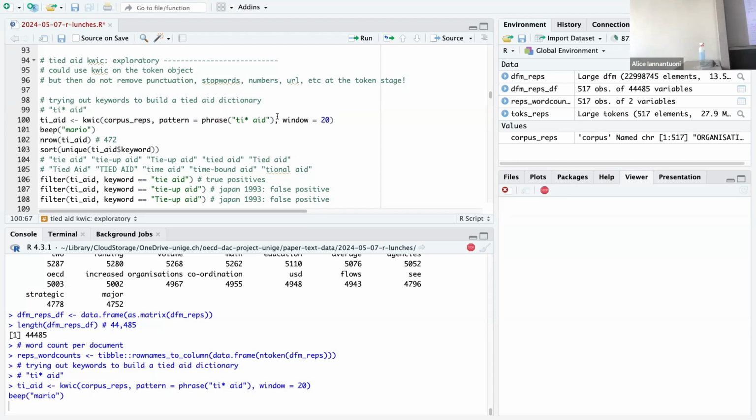and it's going to tell me the document it came from, the phrase that I was looking for, the actual phrase that it found. So for example,